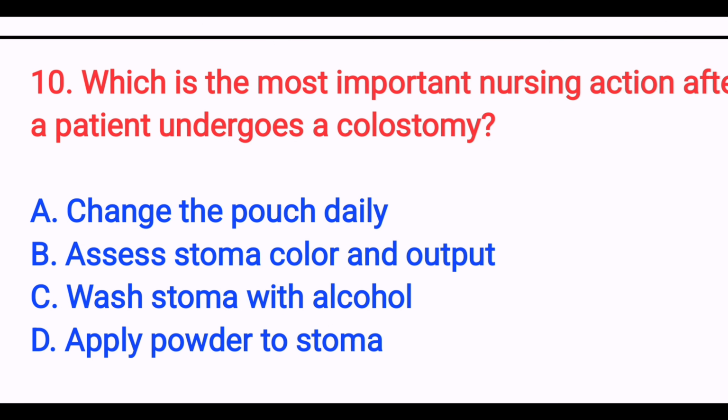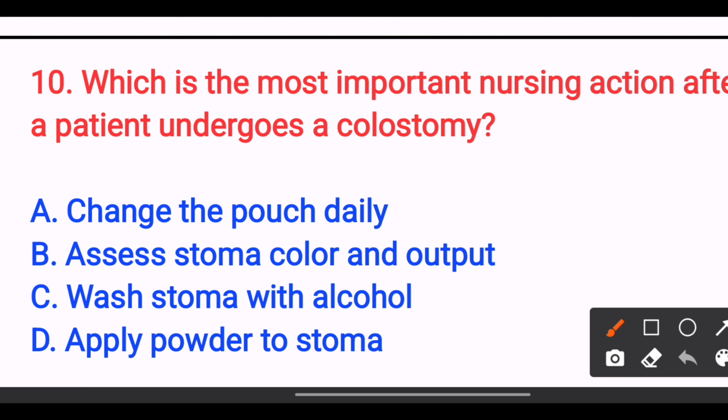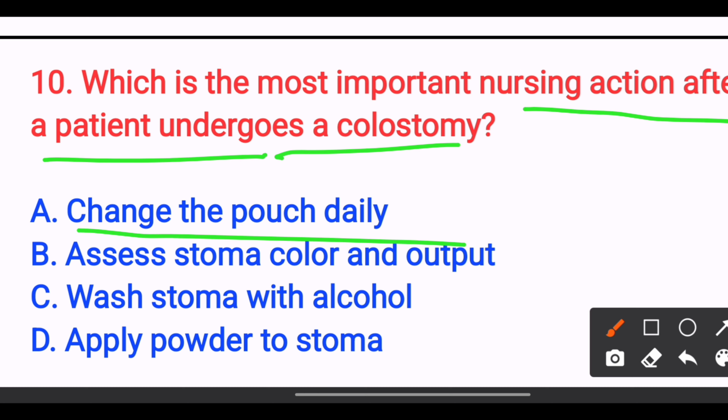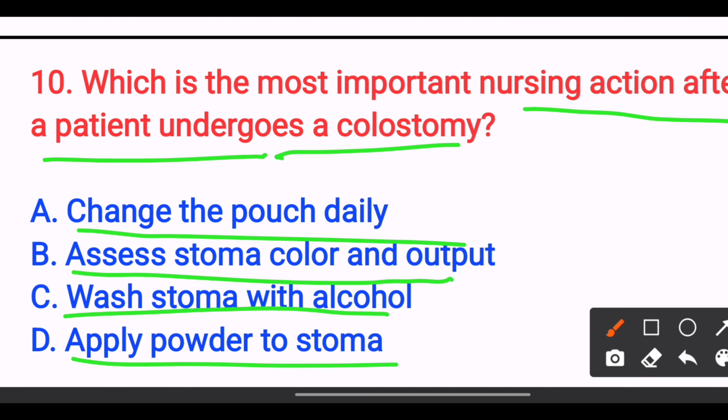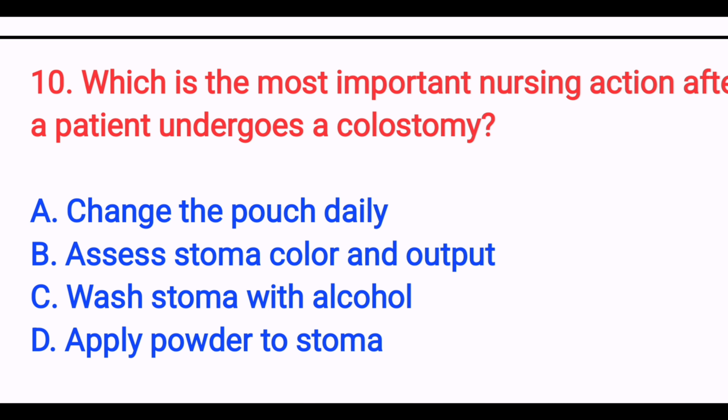Next, which is the most important nursing action after a patient undergoes a colostomy? Option A, change the pouch daily. Option B, assess stoma color and output. Option C, wash stoma with alcohol. Option D, apply powder to stoma. The answer is option B, assess stoma color and output, because stoma assessment ensures